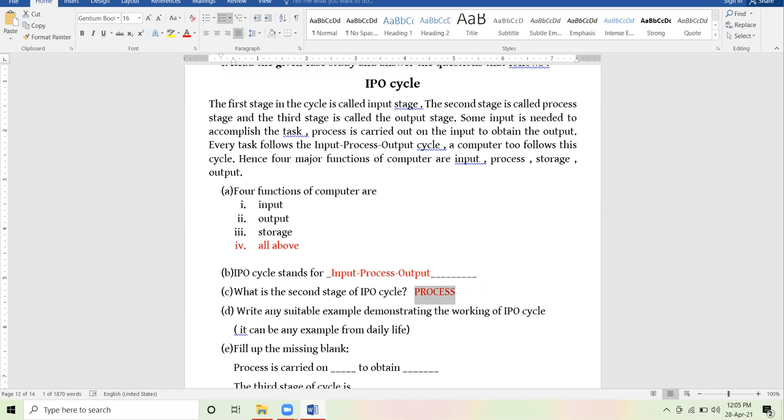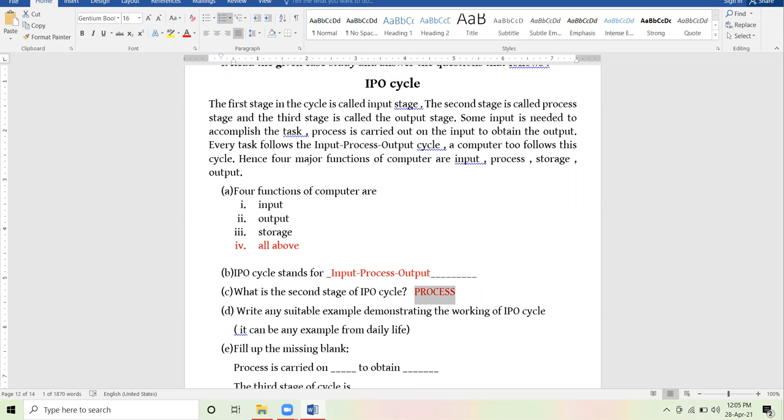Very nice. So I think the IPO cycle is now very much clear to you, as you have explained so well the living example from your daily life. As we all are at home due to the COVID pandemic, we are making such nice things to eat. And I hope you are helping your mother in the kitchen too. So from there only we have derived the example of the IPO cycle. Good hand for yourself.